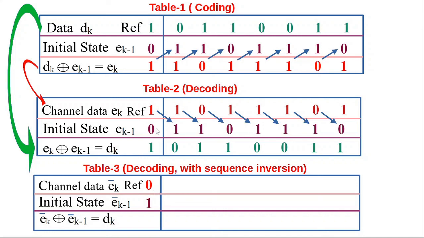So instead of 0 it will be 1, as we discussed earlier also. So here dk will be 1, and here the channel data that was ek earlier has been inverted, so ek will be here ek bar, so we will get the inverted data here in comparison to table 2